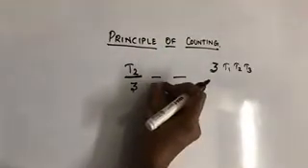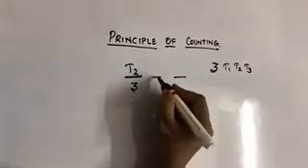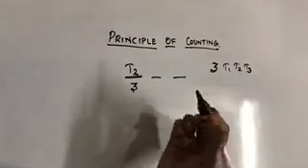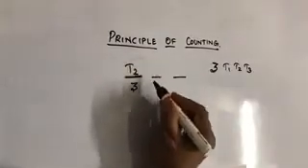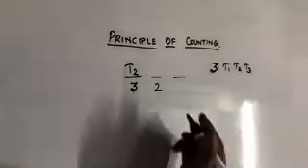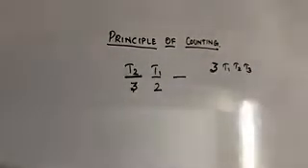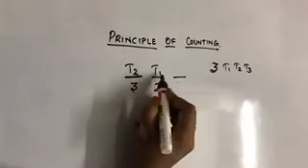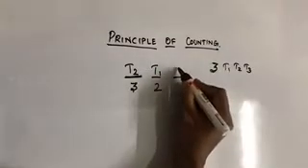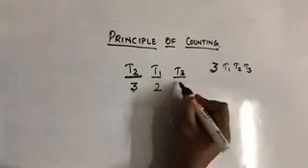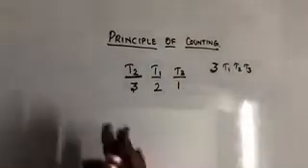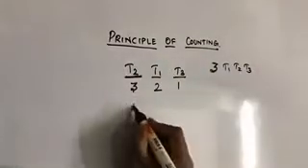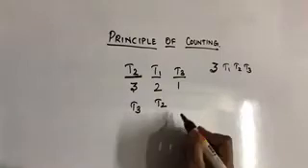Now I come to the second place and I have only 2 options now, T1 and T3. So to keep a toy in this place I have only 2 options. Perhaps I may keep T1 here. Now T2 and T1 are kept already, so the one and only option is T3. So to fill this place I have only one option. Okay, this is the principle of counting. So in any order I can keep. If I keep T3 first, then T2 maybe, and then T1.